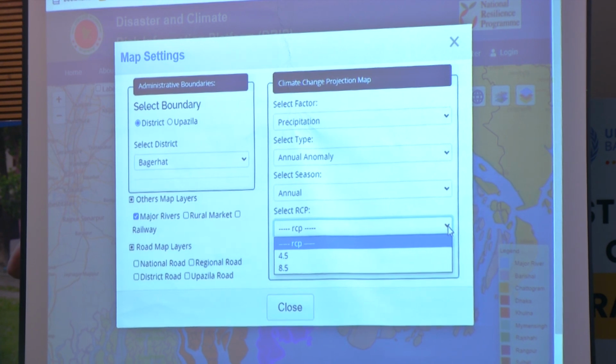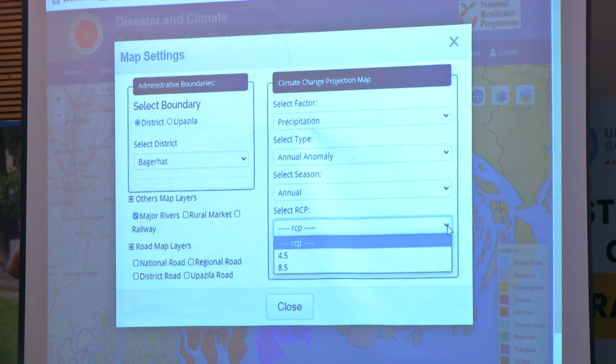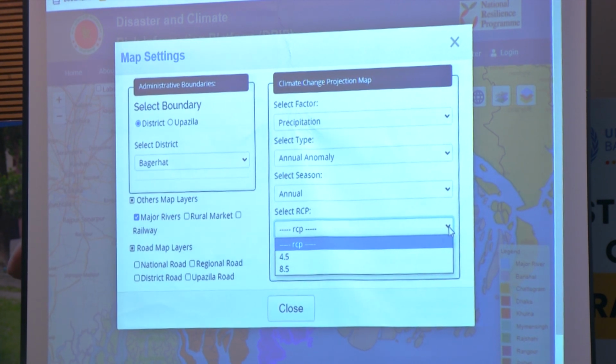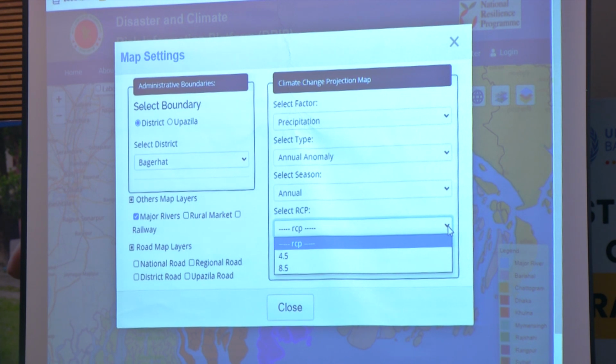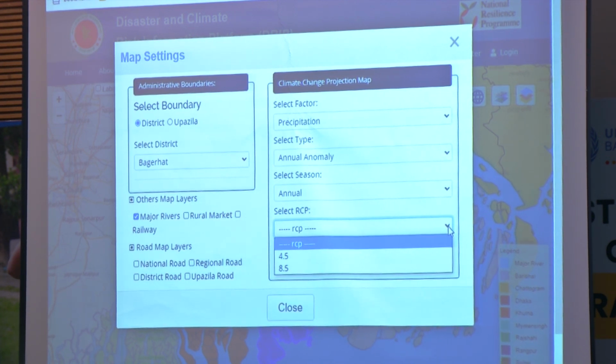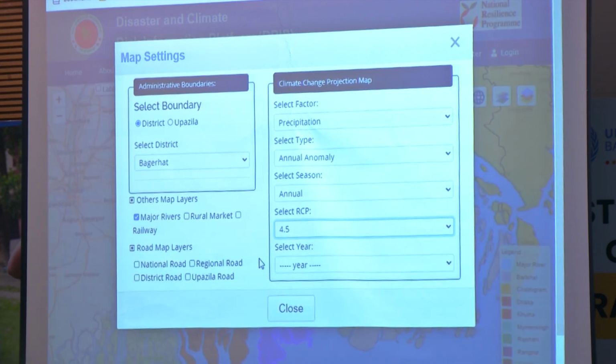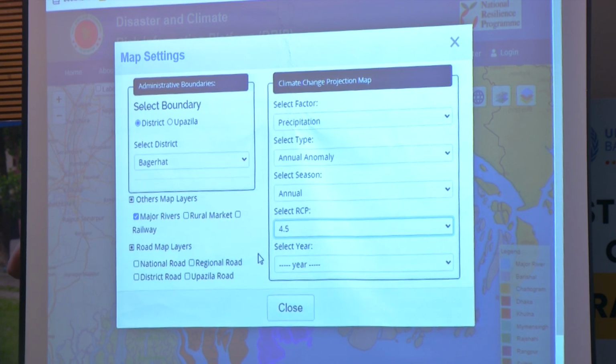RCP means Representative Concentration Pathways. So it was used based on the IPCC Fifth Assessment Report. I think the Sixth Assessment Report has changed that scenario analysis. It's the kind of scenarios: what will be the future impact of climate change? What will be the future scenarios for this one? The RCP 4.5 is the moderate one. This means that all the countries of the world will take some sort of climate action, or they will address climate change issues. So considering this one,